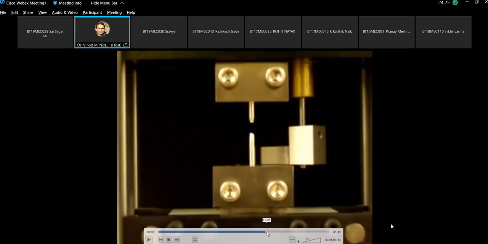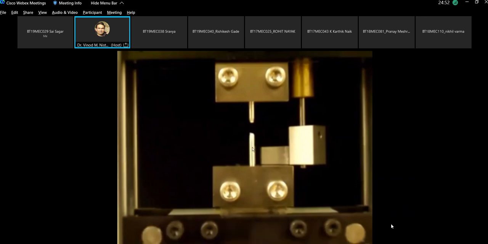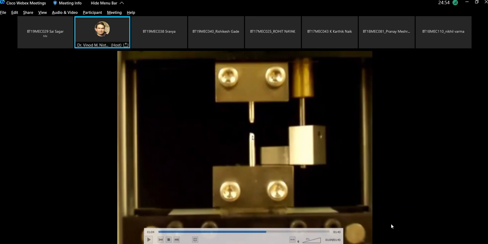After some period of time, when it expands thoroughly through the radius of the sample, then the fracture takes place. Okay, so here we can see that it is near the above portion of the sample. So it is not fixed that it will always break from this part only. It depends on the location of imperfection inside the tensile sample.